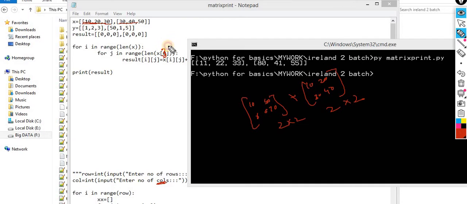Okay, you can simply pass the column over here, because you are supposed to iterate through the columns. That is the main concern. You have to pick every element from the X matrix, and every element from the Y matrix. So it doesn't matter whether you take the length of this or this, because both lengths are the same. Here you can pass even the static value 3, because I know it this time.